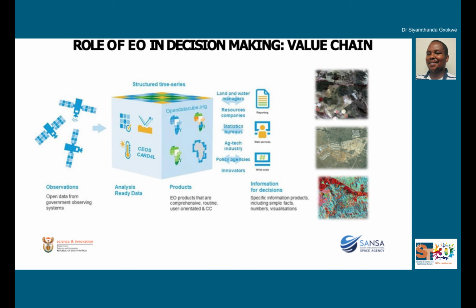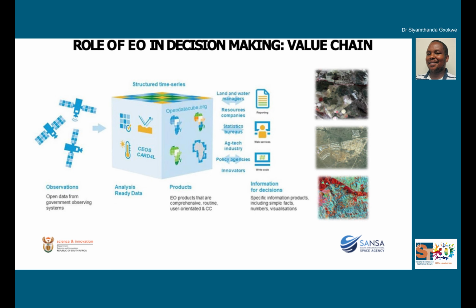So this is basically the value chain. What you would probably get out of this is that we collect imagery, and then we transform it through the models that we run, and they bring us outputs that are time series monitoring of these critical indicators that are telling us more about these issues. And then we use those to inform the decisions of the land and water managers, resources and policies that are guarding the protection and management of our environment and our food systems within Africa and in our country.